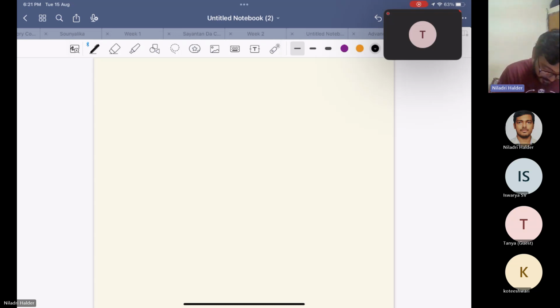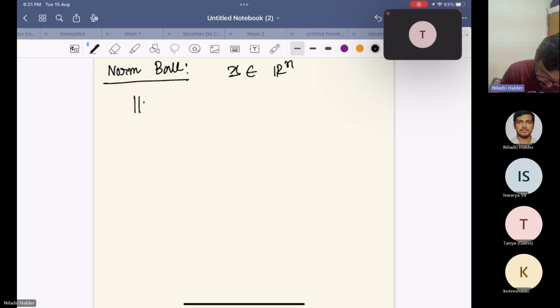At first, I'll recall what a norm ball is, just the definition. Suppose x is an n-dimensional vector, and xc is the center of the norm ball. Then if the norm of x minus xc is less than or equal to some r, we can say that